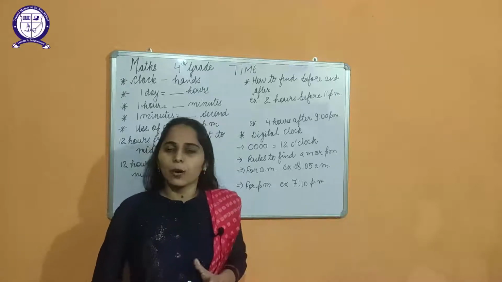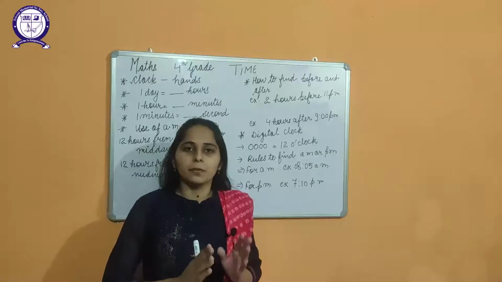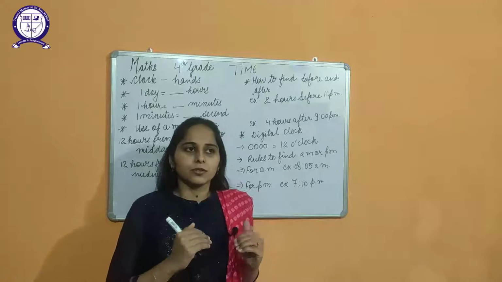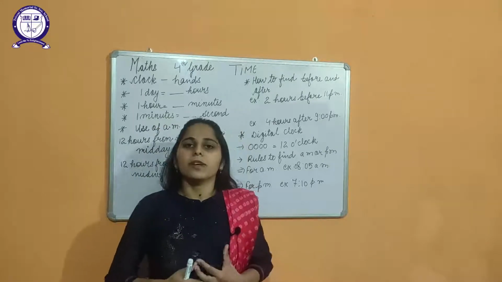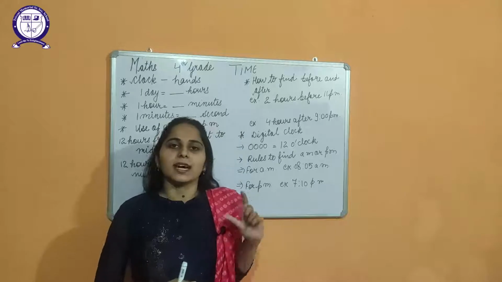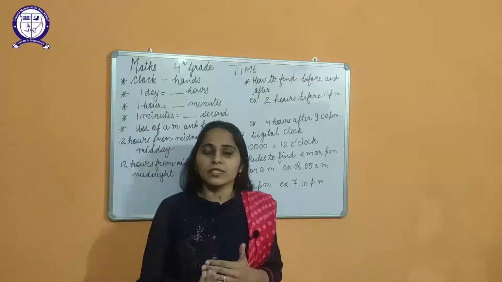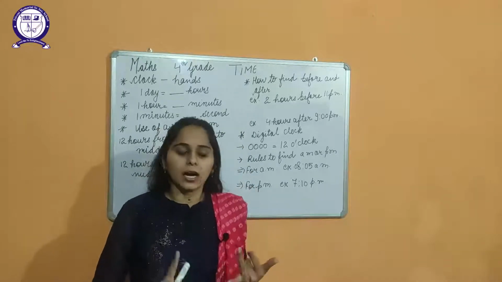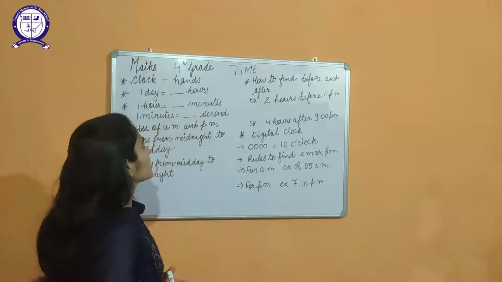but there was a drawback of those instruments, that we cannot measure the time properly, or the lowest units of time like seconds and minutes were not measured by them. So we have invented an instrument, that is clock or watch, which used to give us the proper detail regarding time for proper hours, minutes, seconds. Okay, so now we'll discuss the time.